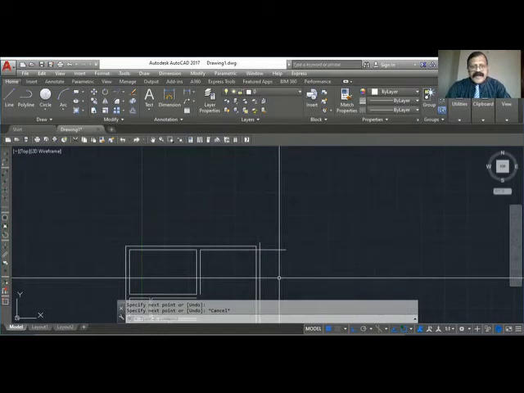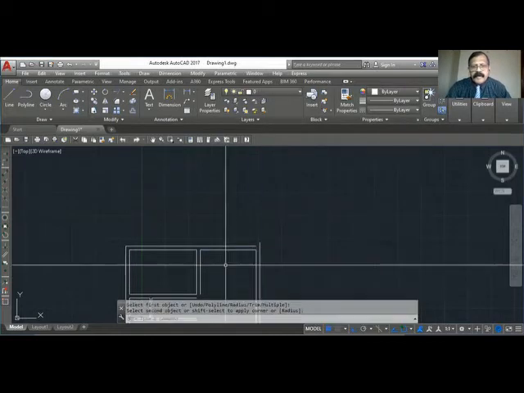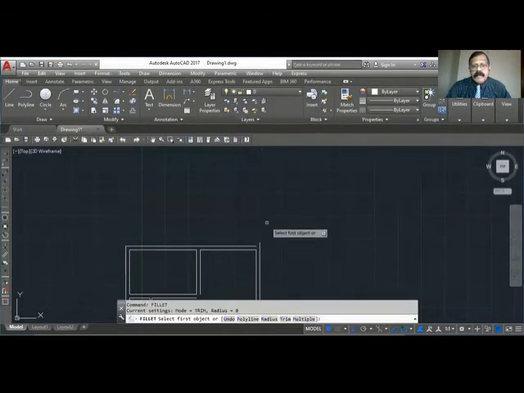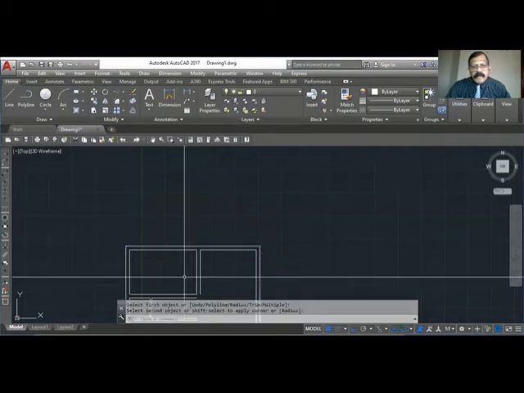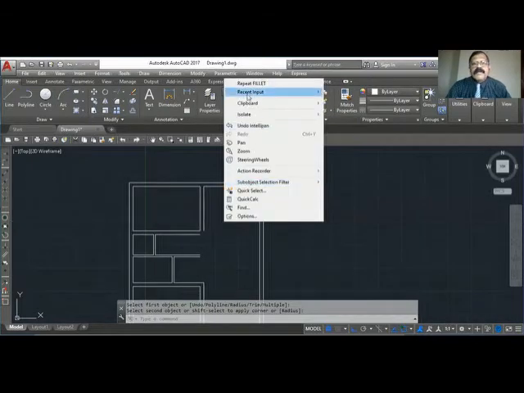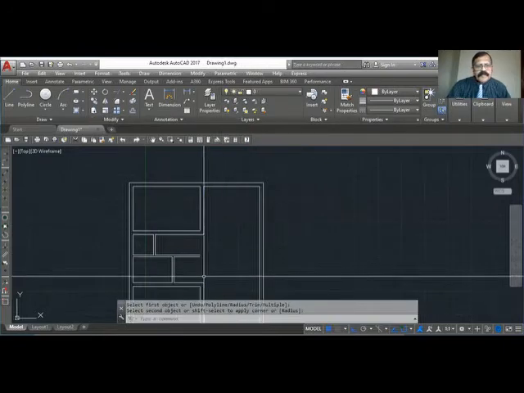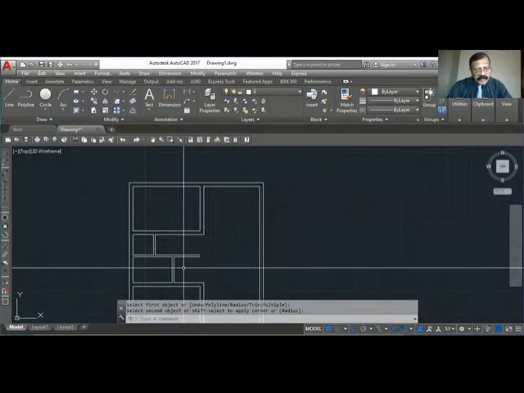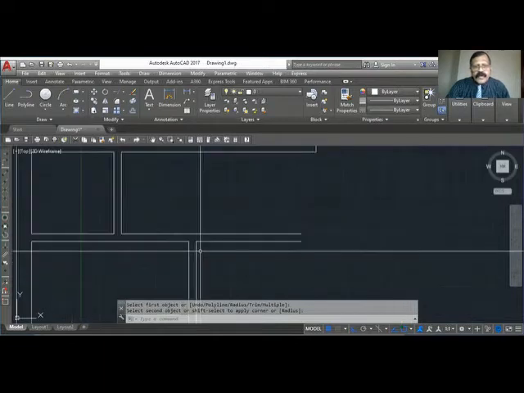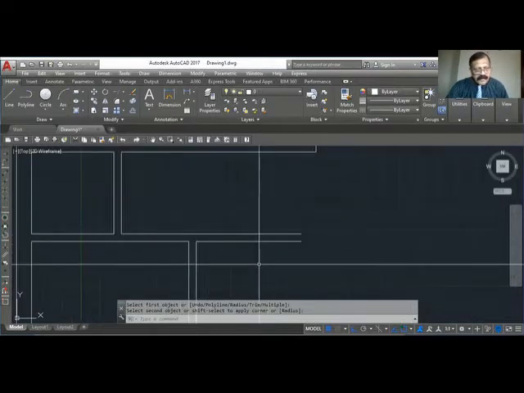So I will use fillet again, a very powerful command, fillet. This I have to cut extra length. So I have to extend this here to cut this extra length. So extend.